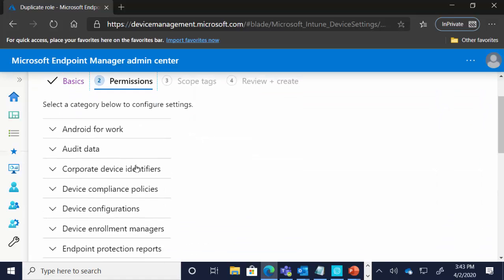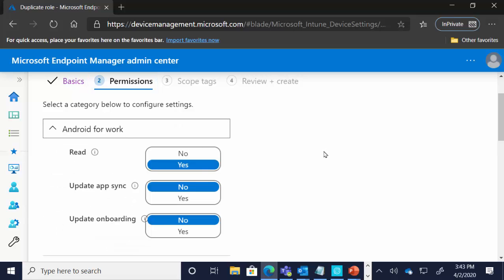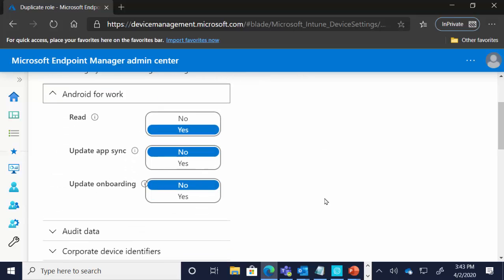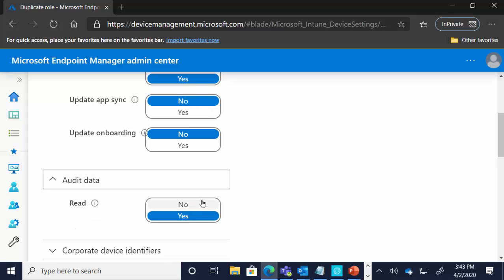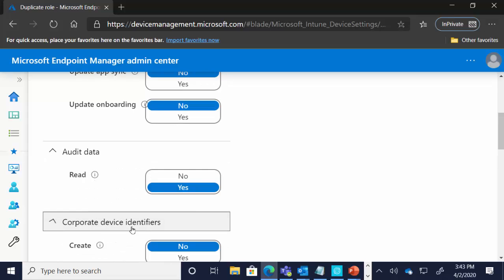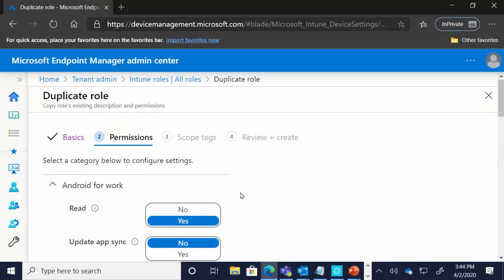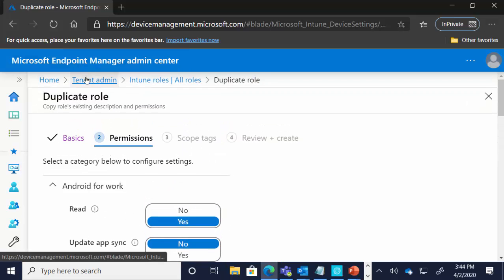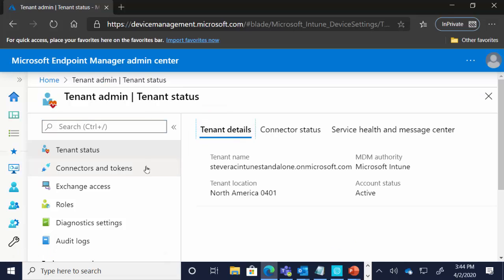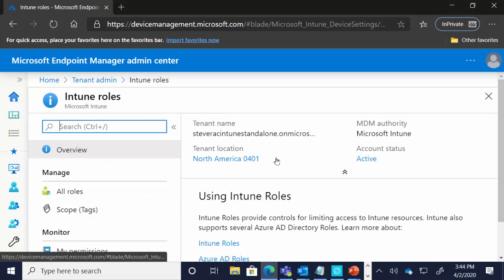And here are the permissions, right? So I've got yes, no, no, right? I've got audit data, yes. I've got corporate device identifiers, no. No for delete, right? Well, if I were to go and create a brand new role by, here we go,